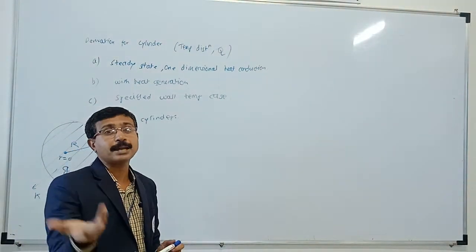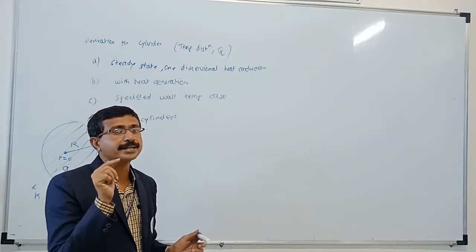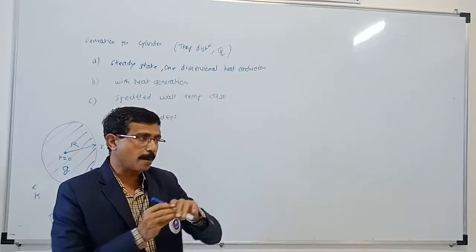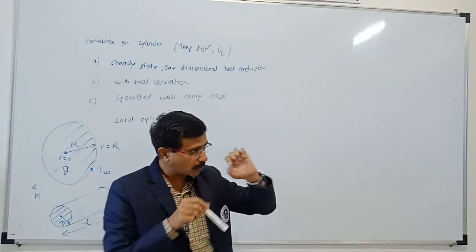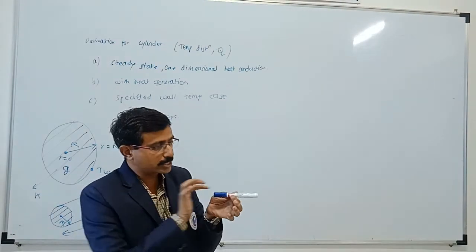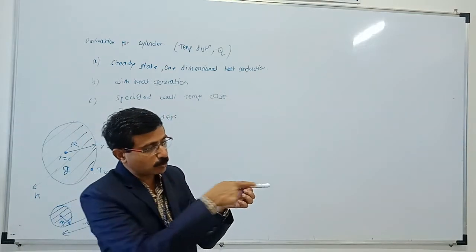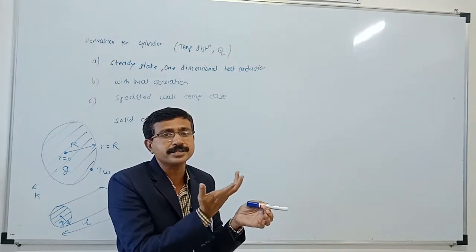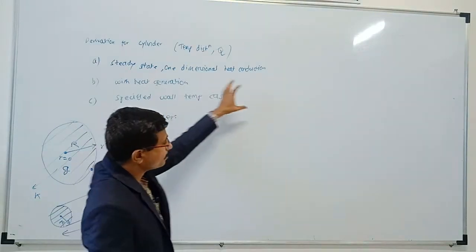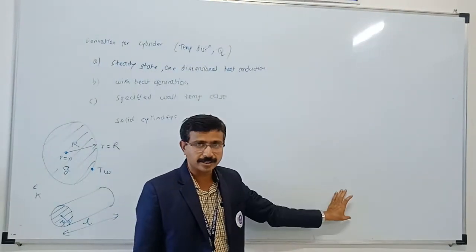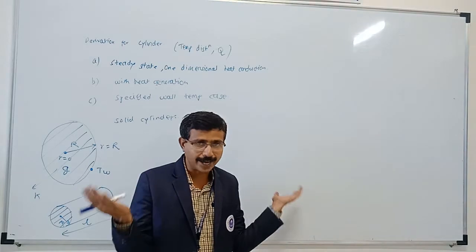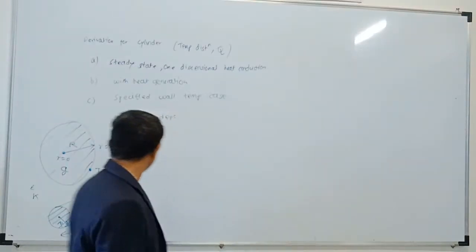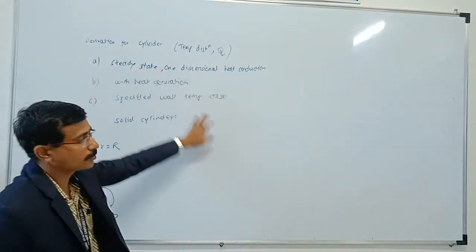I will give a practical application of it. Current carrying electrical conductor. Electrical conductors are mostly made up of copper. So this copper wire is a solid wire. It is not a hollow wire. Whenever the current is flowing through it, the heat is generated. So it is an example of the internal heat generation case. So whenever the problem comes of a current carrying conductor, how much heat it has to dissipate away, such kind of examples we can solve with the help of these particular derivations.